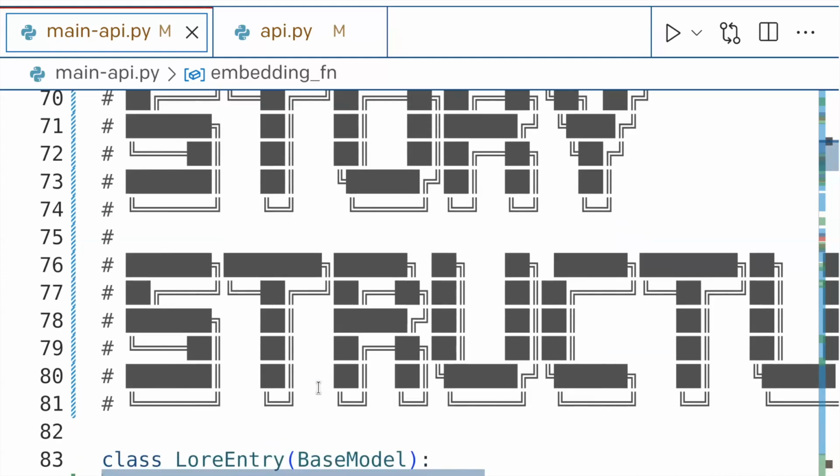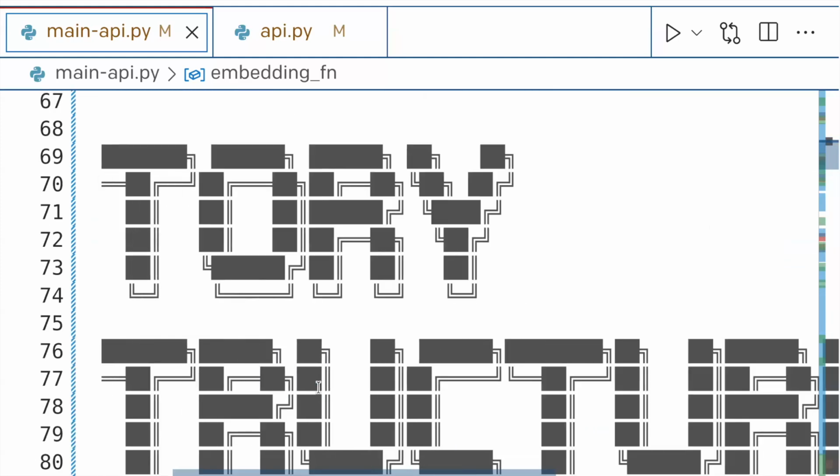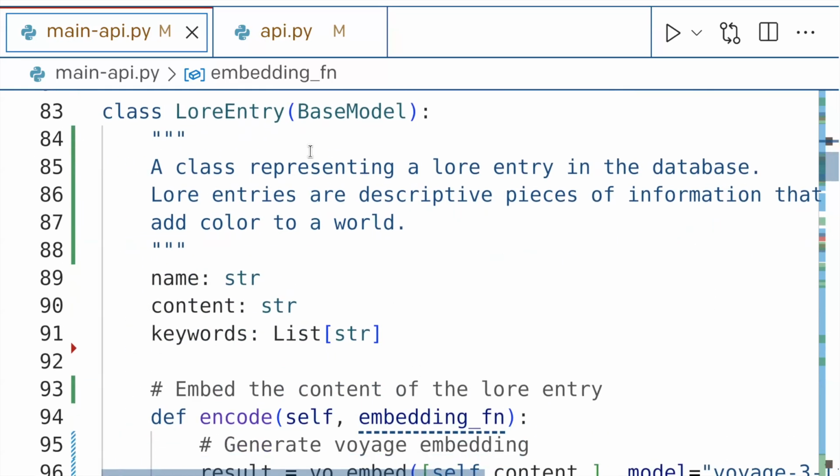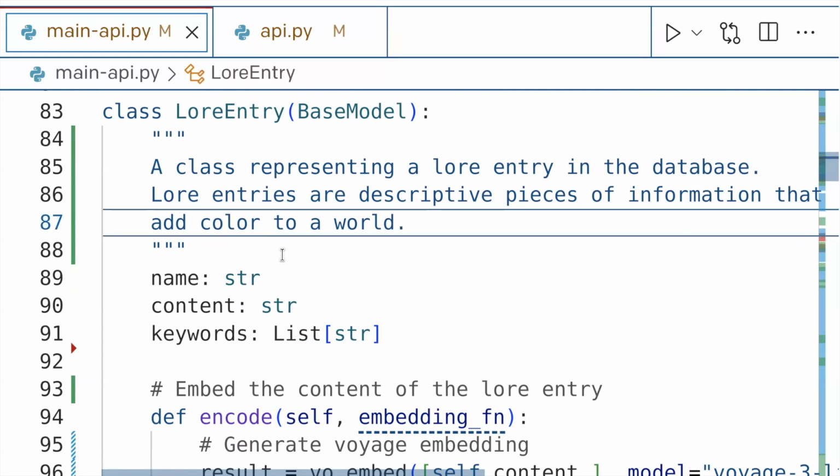Okay, so then we're going to go into our general story structure. We're going to define this by basically just setting up a bunch of Pydantic classes. Nothing complicated. You're going to program in the Python that you already know. Okay. So I'm going to have this thing called a lore entry. This is a name. Oh God, that is not where I thought this was. Okay, cool. Wow, a lot of latency.